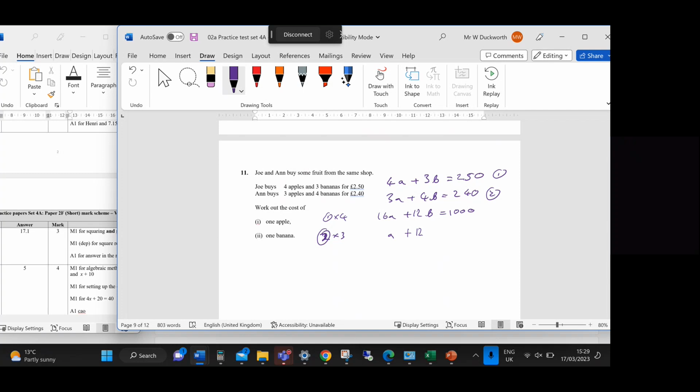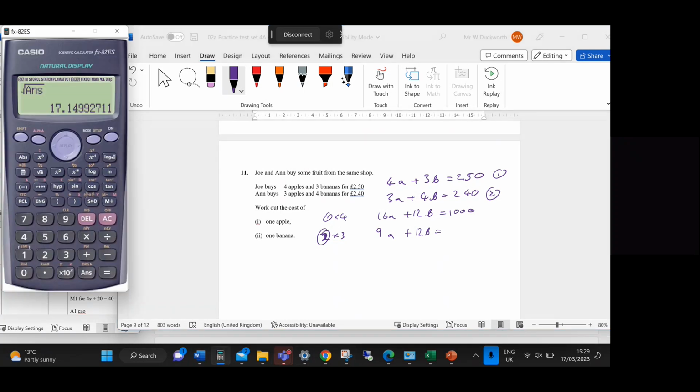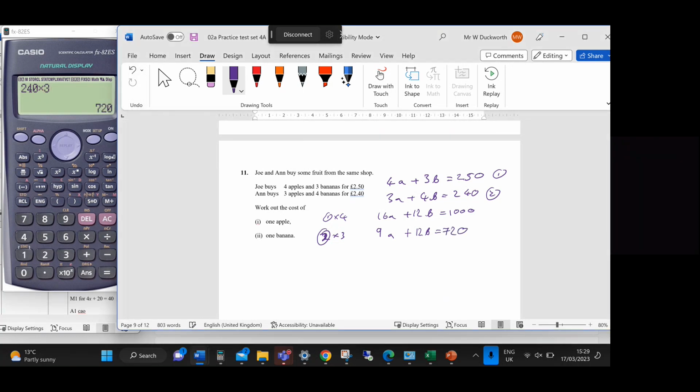So again, lots of silly mistakes at the moment. 3 times by 3 would be 9a. 4 times by 3 would be 12b, and that's going to be equal to, times that by 3 now, 240 times by 3 is 720. I'll do the calculator, but I think it's going to be 720, but we'll double check. Okay, now I'm going to take one away from the other to get rid of my b coefficients, and